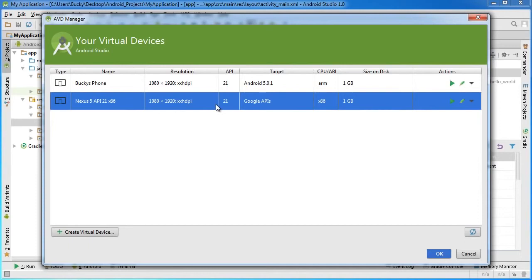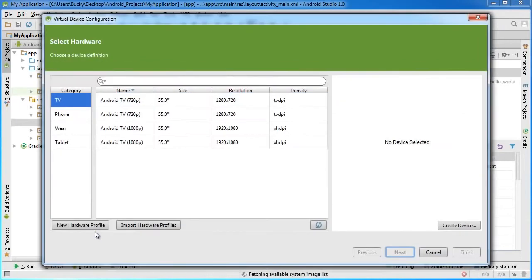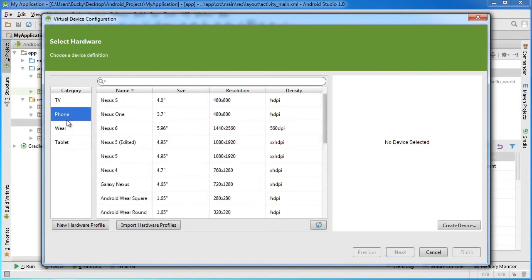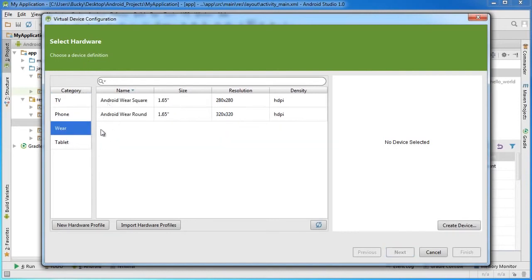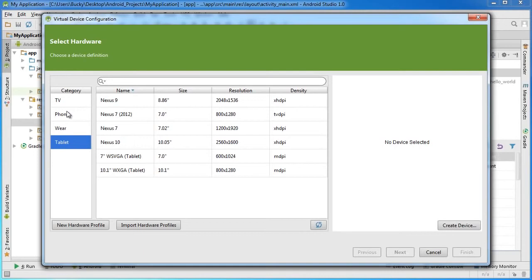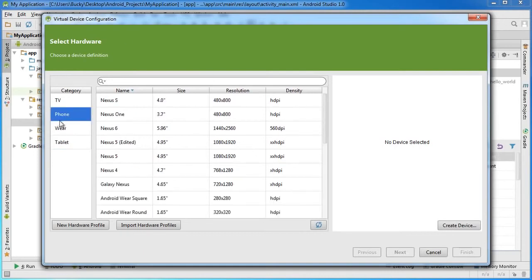So in this tutorial, I'm going to show you guys how to create your own custom AVDs. First of all, go down here to this little button and click Create Virtual Device. Now, of course, the first thing we have to choose is what device you want to create. Do you want to create a TV, a phone, a wearable, like a watch, or a tablet? Well, I'm just going to go to phone, and then once I click that, I get all of the definitions